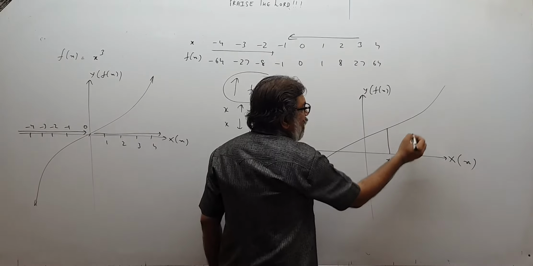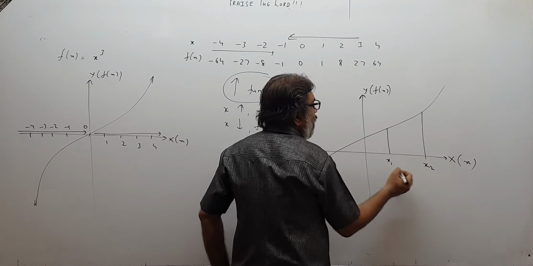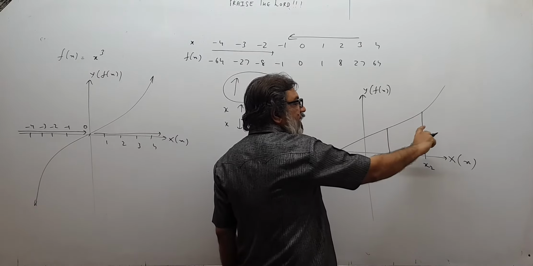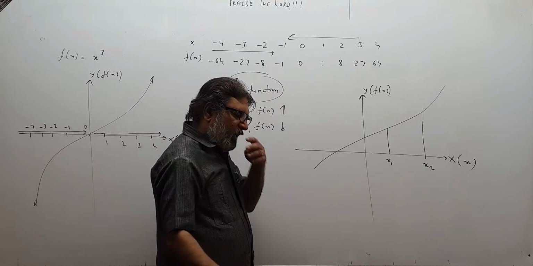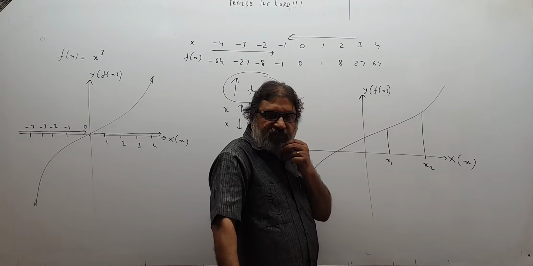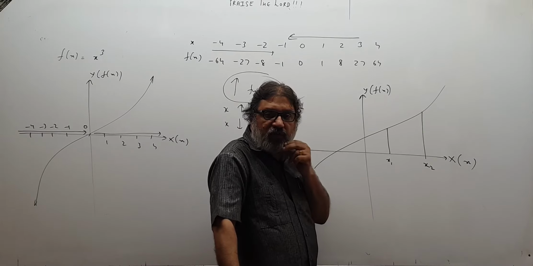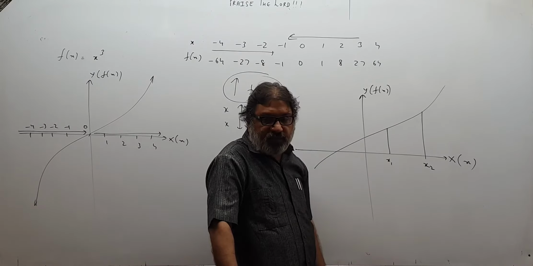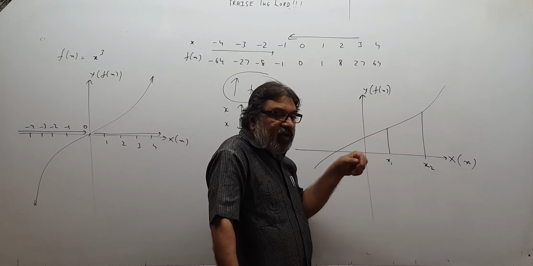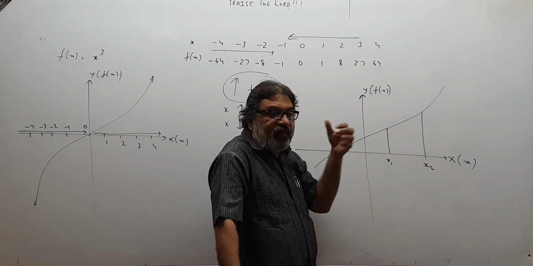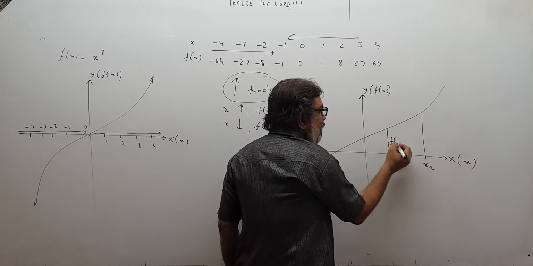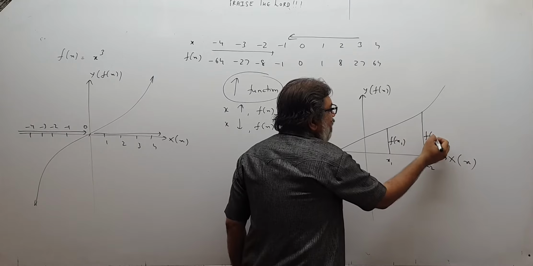This is number x1 and this is number x2. f(x) will be obtained from the y-axis. This height will tell me the value of f. The value of the function is got from the y-axis. That means the height will give me the value of the function, because height will be the y-coordinate. Y-coordinate means value of f(x). So this height is f(x1) and this height is f(x2).